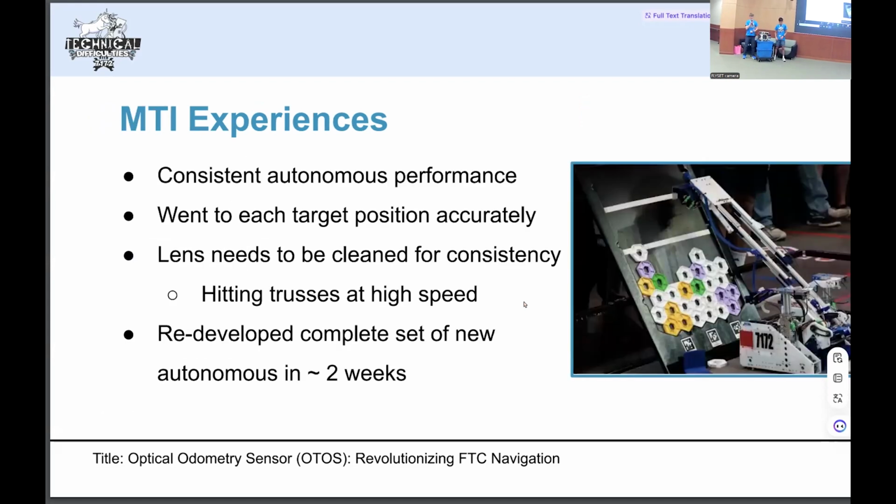All right, so I'm going to talk about our MTI performance. When using the sensor during MTI in both practice runs and actual matches, it was consistent and it went to the same point every time. Much better than what we were previously using with encoder-based odometry. But one main thing about the sensor is that in between each practice run and actual match, the lens needs